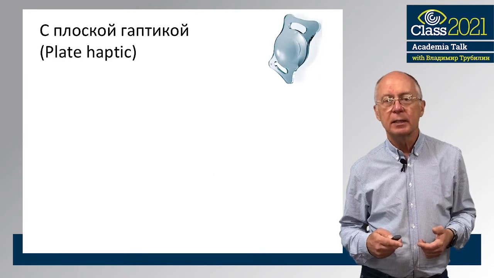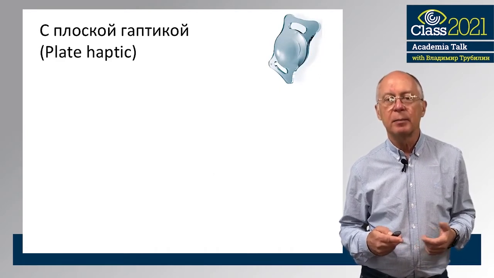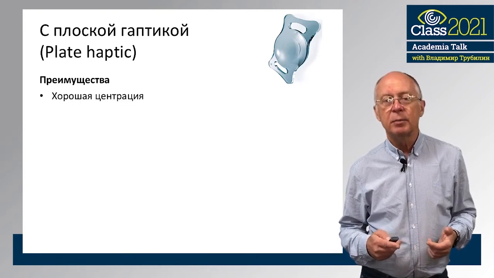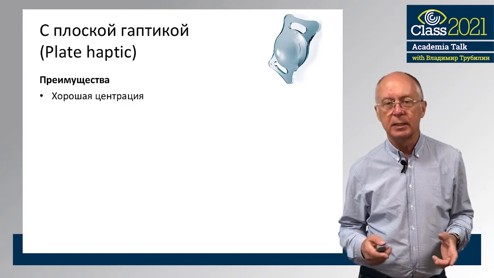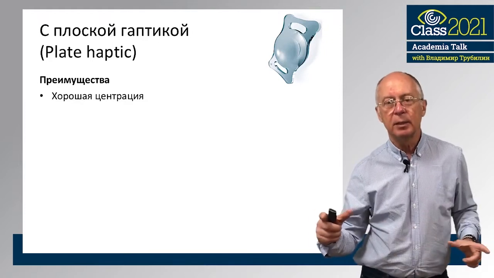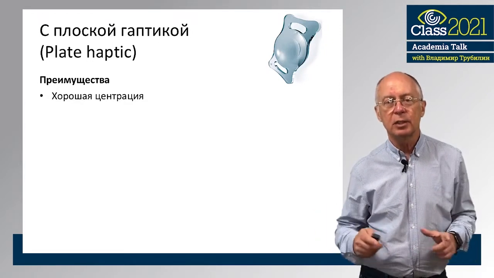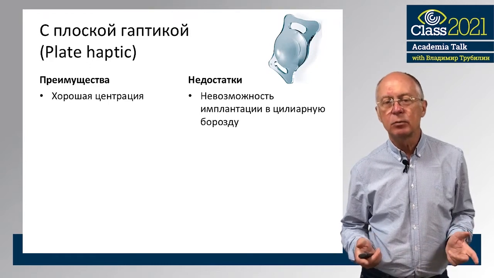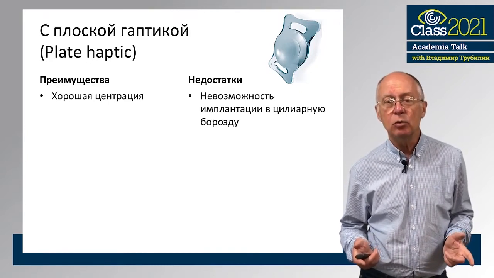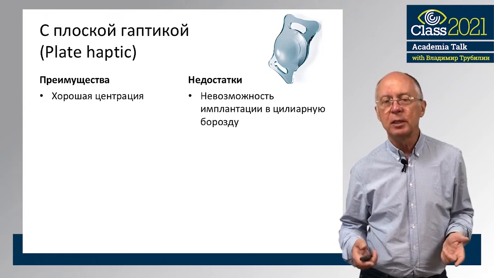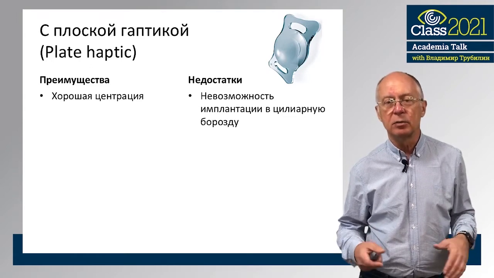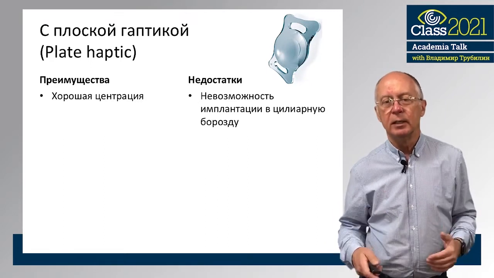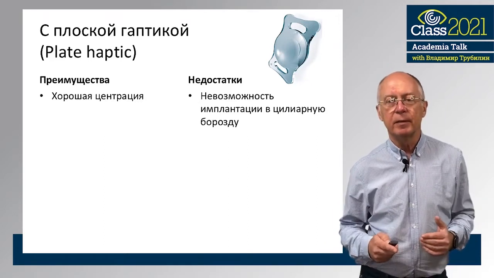And finally, the lens with the plate haptic. This lens has a number of advantages, such as good centration. After its implantation, the lens immediately takes the correct position and is well centered. Among the disadvantages, we note its inability to be implanted into the ciliary sulcus for the same reasons as the single-piece lens: it cannot be implanted there either, due to contact with the iris and the likelihood of development of iridocyclitis